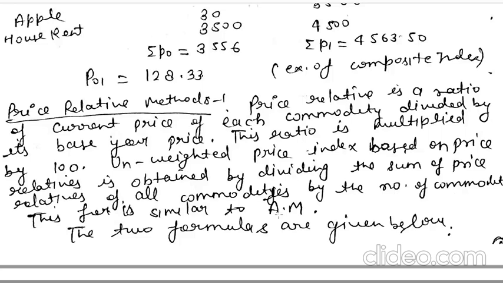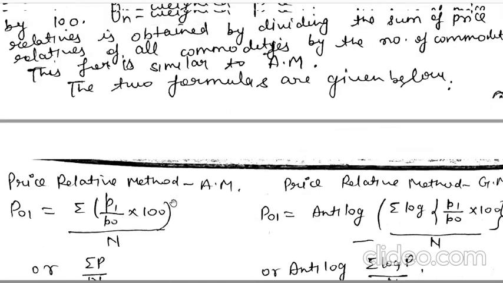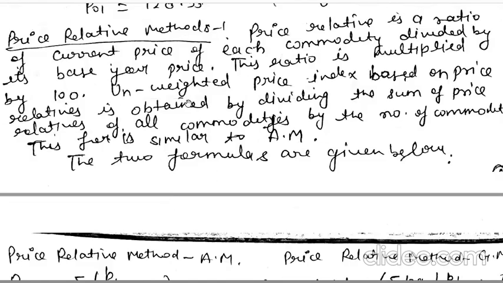So price relative is a ratio of the current price, that means P1 of each commodity, divided by the base year price, that means P1 upon P0, right? And this ratio is also multiplied by 100, right? This is your P1 upon P0 multiplied by 100. And another line is, the unweighted price index is obtained by dividing the sum of the price relatives of